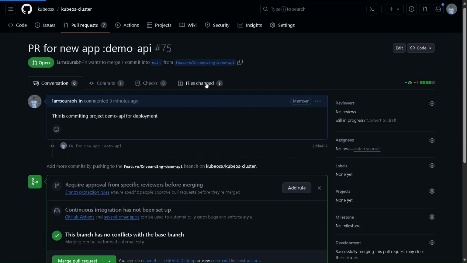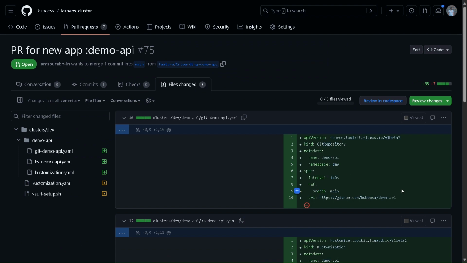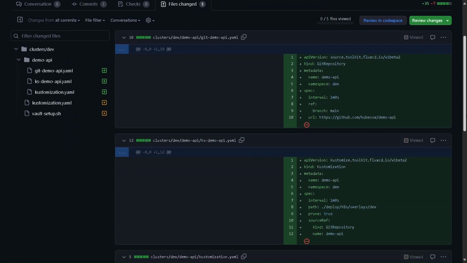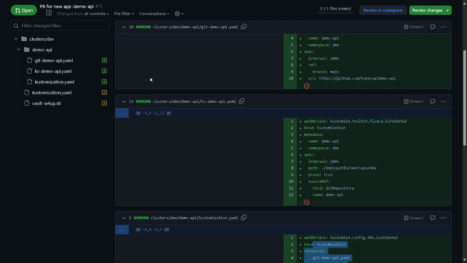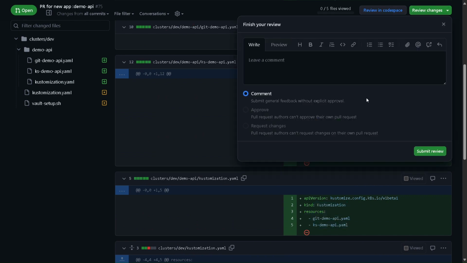But let's just see a few of the files that have been changed. It is registering a Git repository in the cluster. These are some of the Flux CD custom resource definitions, applying the customization. Now over here we have the deployment files for this particular application. It's just inside the application. The application also knows what manifests it needs to use. The cluster just provides the customization for it. And we are just registering those customizations. So yeah, as we see, if we are good, we can just say,